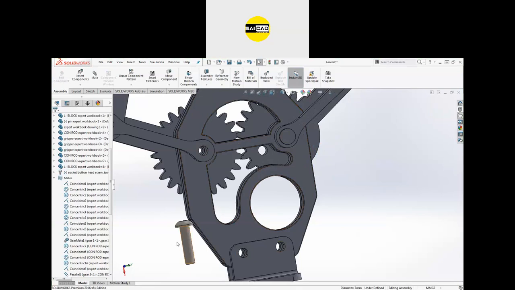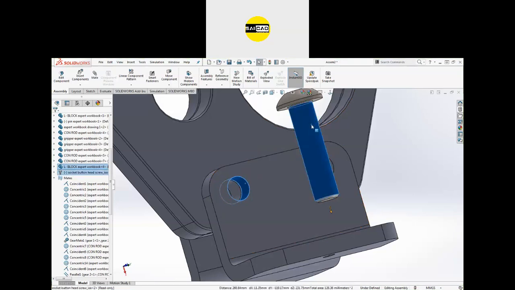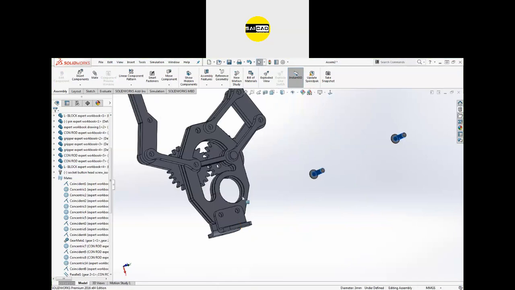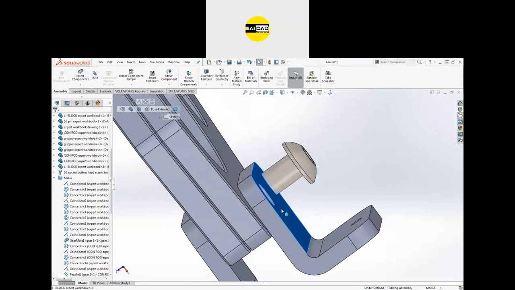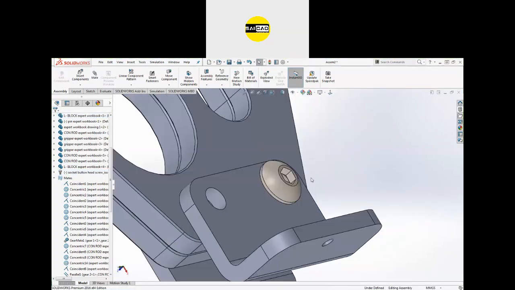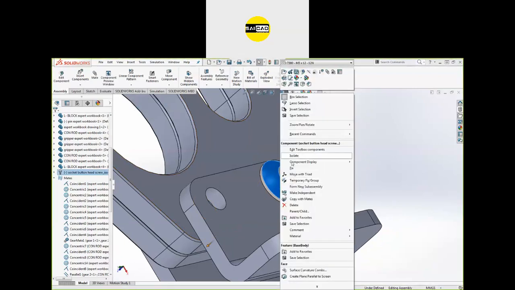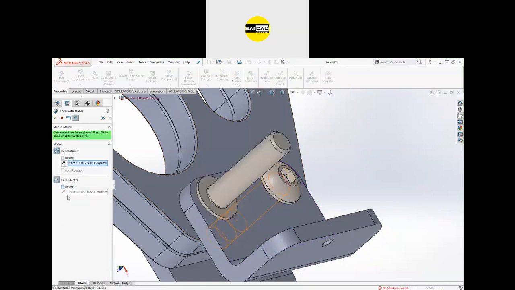Okay, this is the socket button head screw that is written in the type, but you can see the visibility is different from the assignment. Okay, but the standard is similar, so just use that standard and just select the faces like that, and just repeat the component of image.